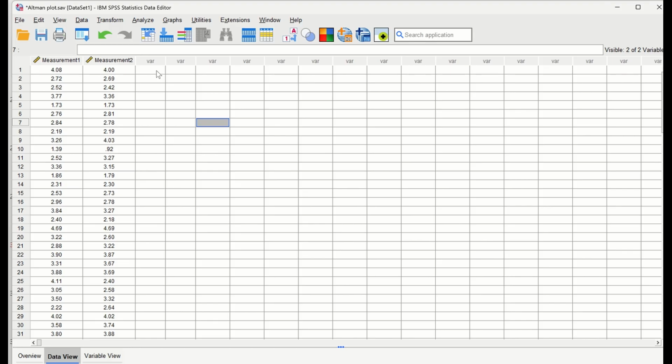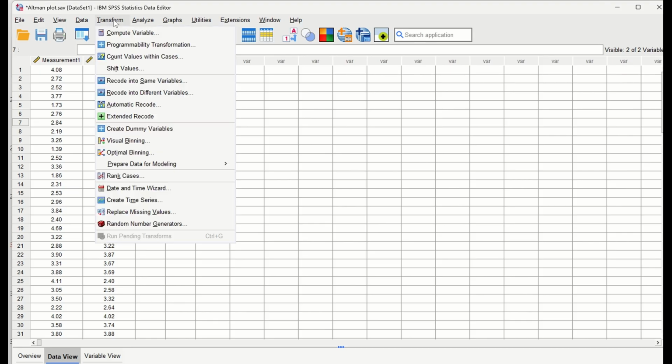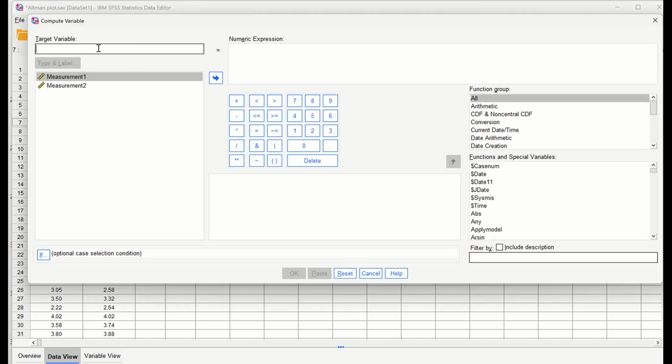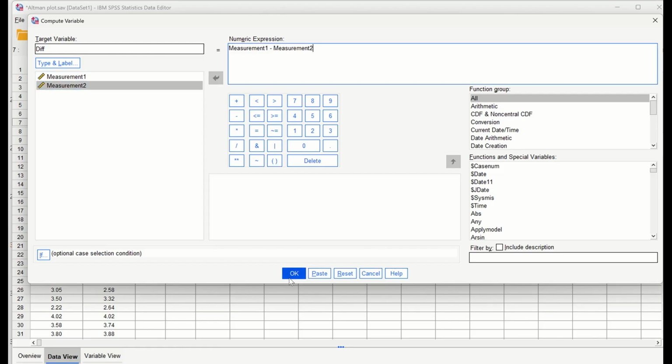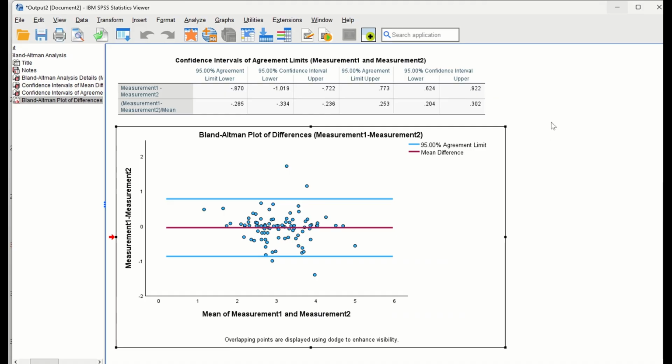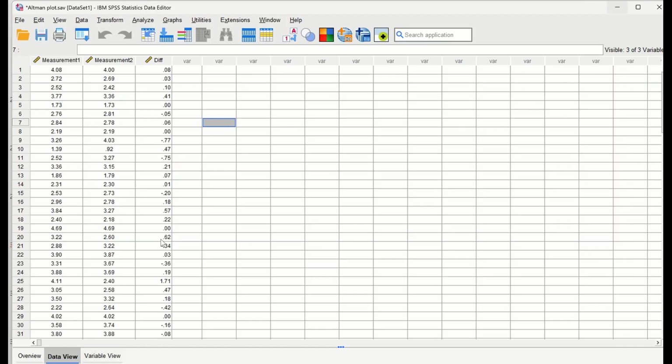The first variable is the difference between measurement 1 and measurement 2. The second variable is the average between measurement 1 and measurement 2. The way to do that is to click on Transform, then select Compute, then generate a new variable and give it a name of diff for differences, and then in the numeric expression select the first measurement, add a minus sign for subtraction, and then select the second measurement,